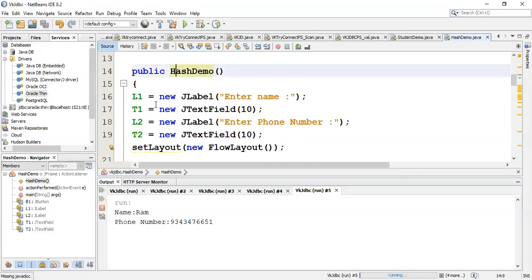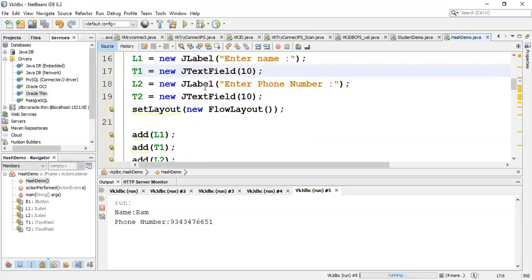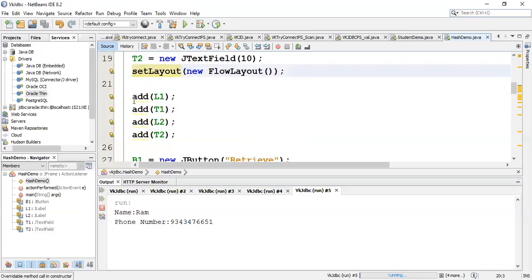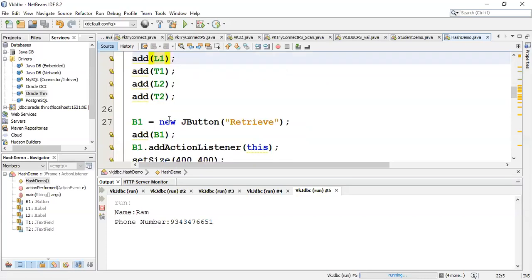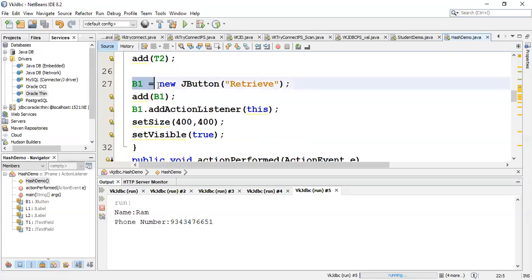Then this is the constructor in which I have initialized the label as enter name, then the text field, then label 2 as enter phone number, then the text field. I have set the layout as flow layout. Then I have added all those components in sequence: label, text field, label 2, text field 2. Then I have initialized the button with the text retrieve, and then added the button.